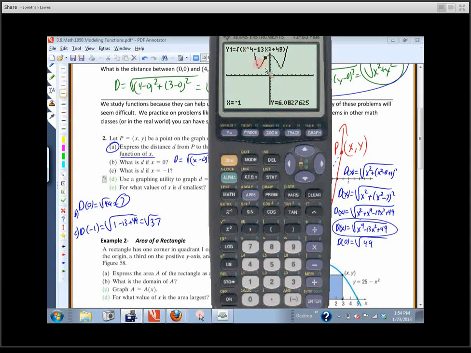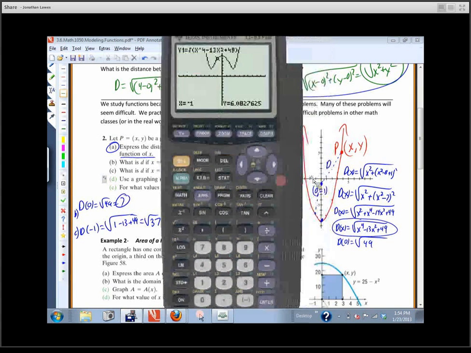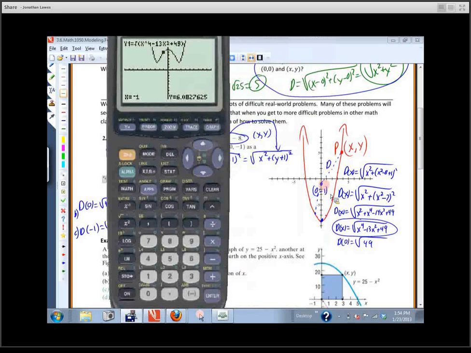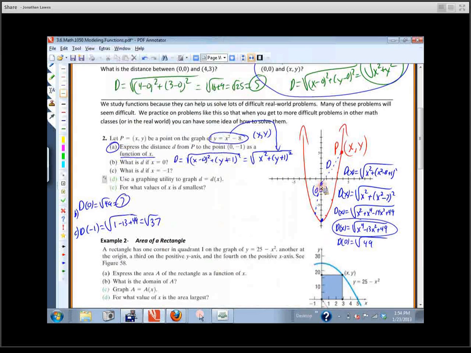Now, why does this look like it's symmetric about the y-axis? Why does this look like an even function? Yes? Because if you plug in either -1 or 1, it'll just be raised to the fourth, so it's going to be the same number either way. Yep. Okay, so because this is symmetric over here, hopefully we're not,